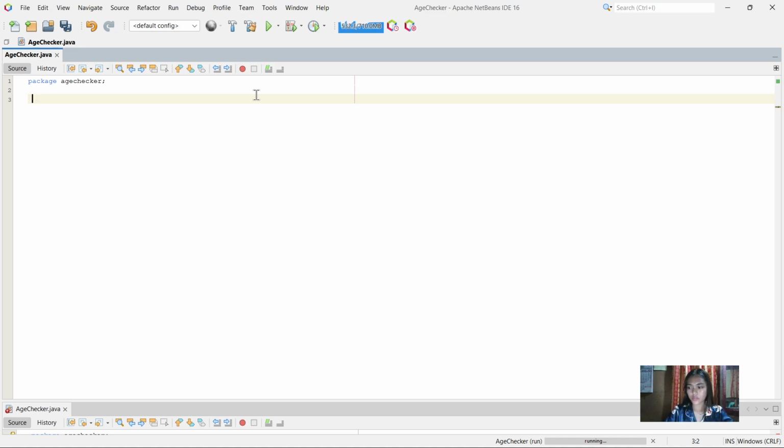So first things first, we will import a scanner, which is import java.util.scanner.